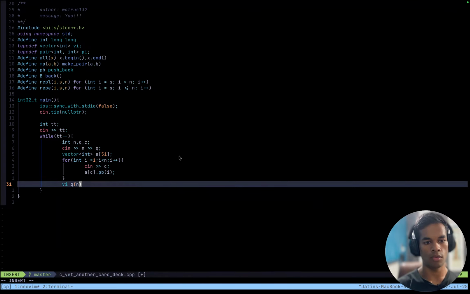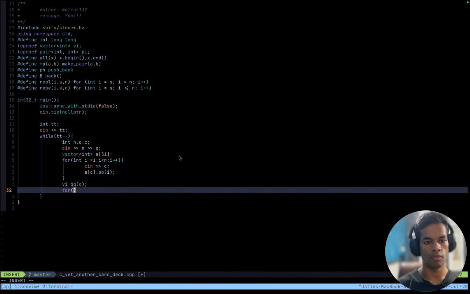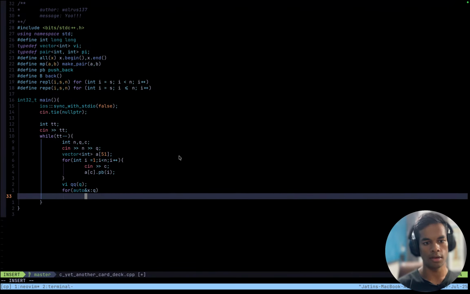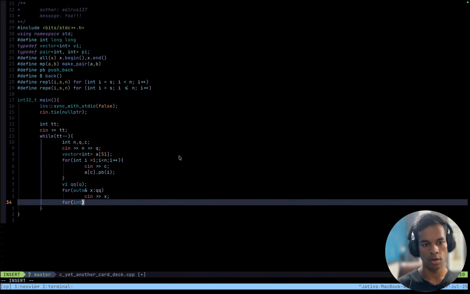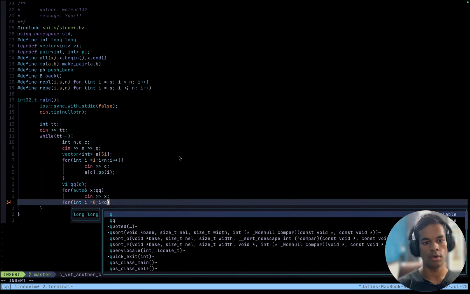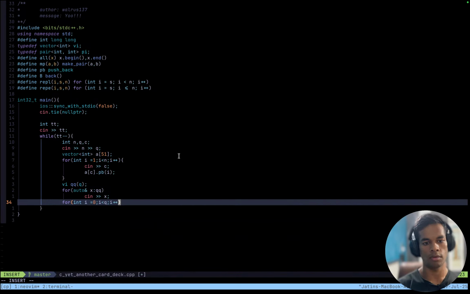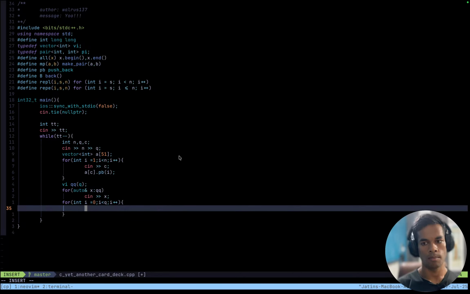Then vector of queries of size q, for auto reference x: queries, cin x. Okay, maybe right after this, for int i equals 0, i less than q, i plus plus, for everybody I have, put it at the top of the stack.